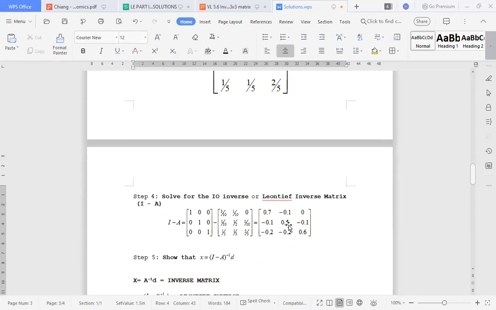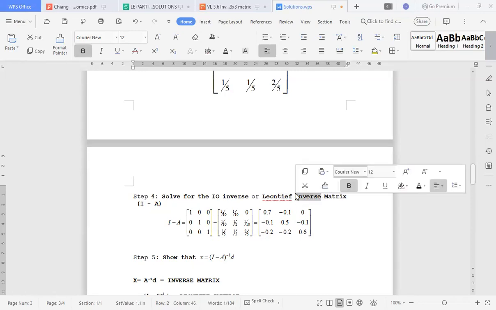So this will be the matrix that we'll be using to get the Leontief inverse. Now, since we are still getting the inverse of that matrix, we follow the same procedure as in matrix inversion. Okay,